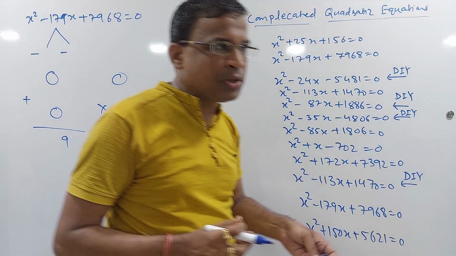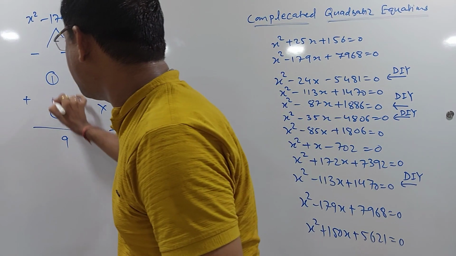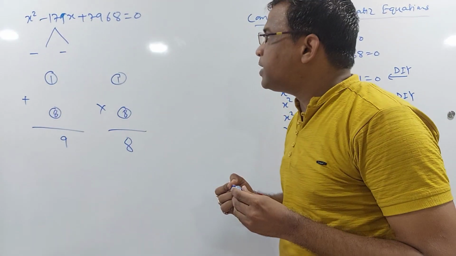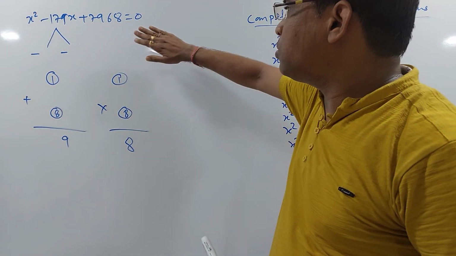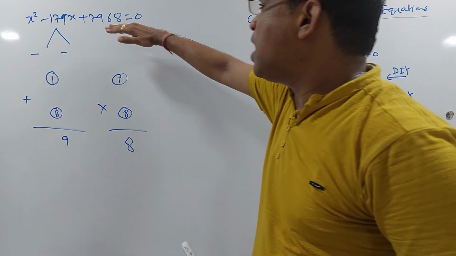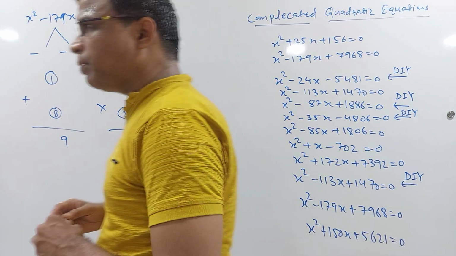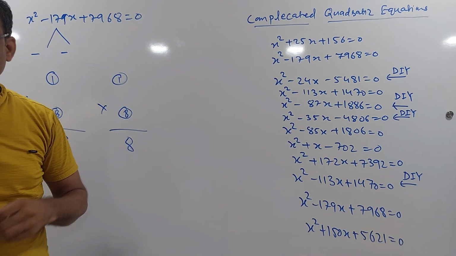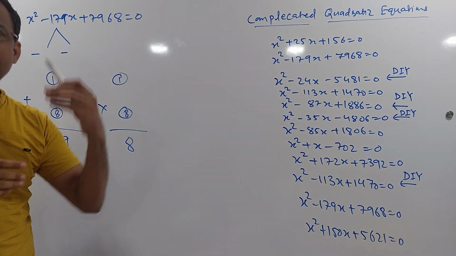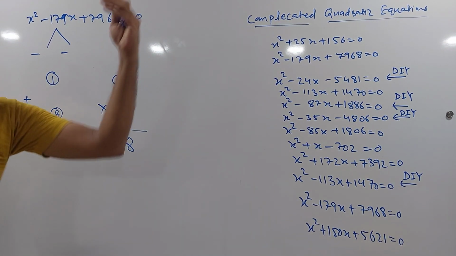What could be the various combinations? It is 1 and 8, or 8 and 1, whatever it is, and it is 1 plus 8, something like that. So let us see in that fashion. Now it is 7968, it's a very big number, so again I will apply the same rule. I will look for a perfect square number closer to this. So what could it be? 90 squared is 8100, so it is a little under 8100. So I got a range, it should be between 80 and 90, because 80 square is 6400, 90 square is 8100, so it is in between, towards the upper end near 90.